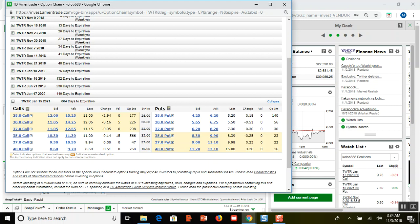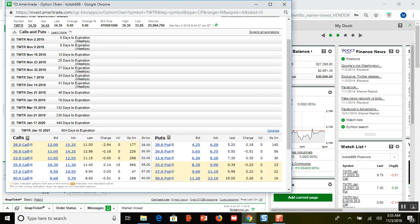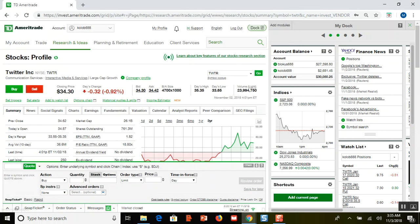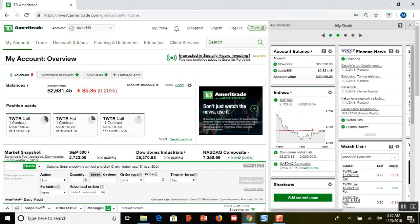I will have a $35 put, and I will have a $30 put, and I will sell put option weeklies at the $33 or $34 strike price. I will pay off this lower put like grease lightning, and the higher put I will pay off, maybe it'll take me a few extra months, and then I will make clear profits very quickly. So hopefully, I know I'm talking a lot and I'm talking fast. Hopefully I'm not talking too much over anybody's head, but what I want people to see is the tremendous